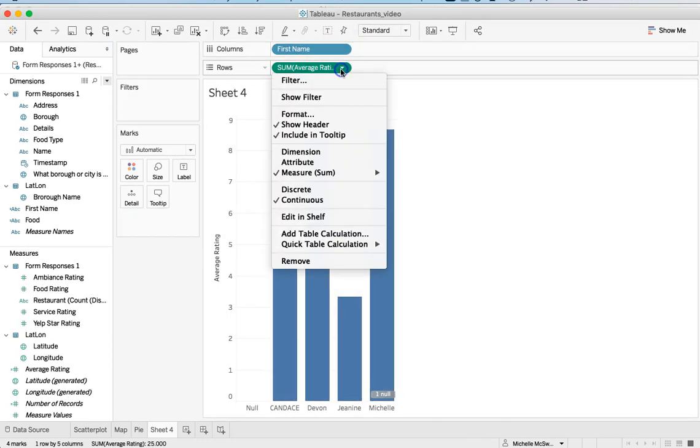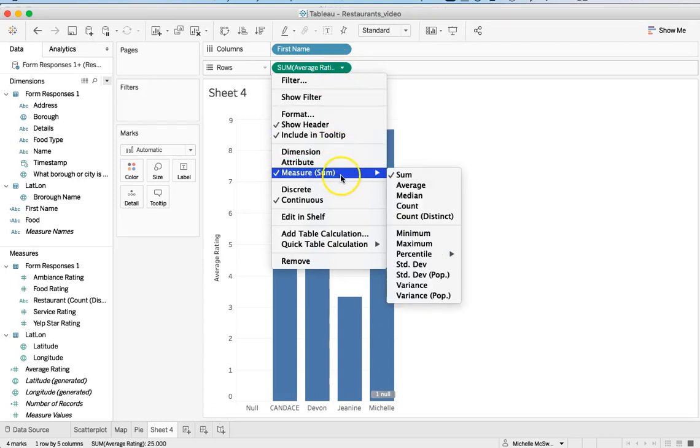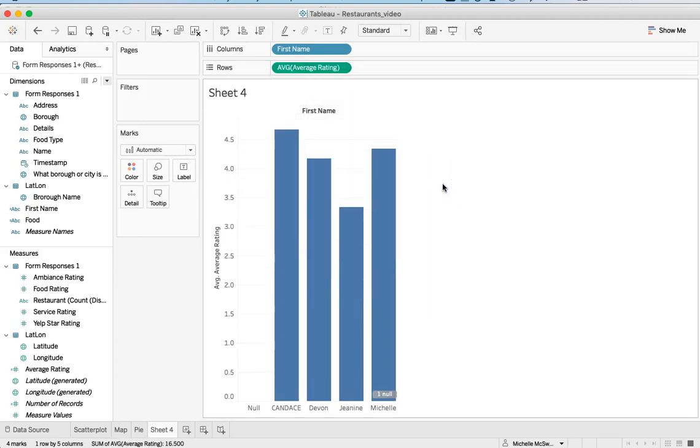The way to fix this is to click on the sum, this little arrow here. We go down to our measure, and then rather than having the sum, we want to have the average. And this looks much more like it. This is what we were expecting. What we see is that Janine overall rates restaurants a little bit lower, and Candace overall rates restaurants a little